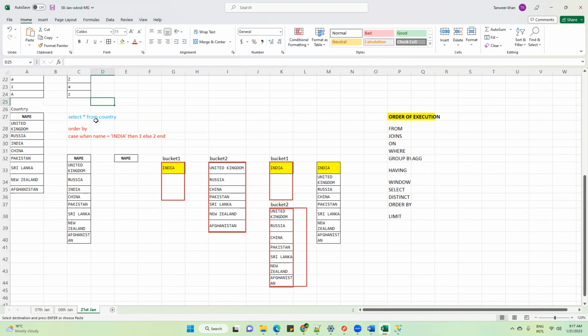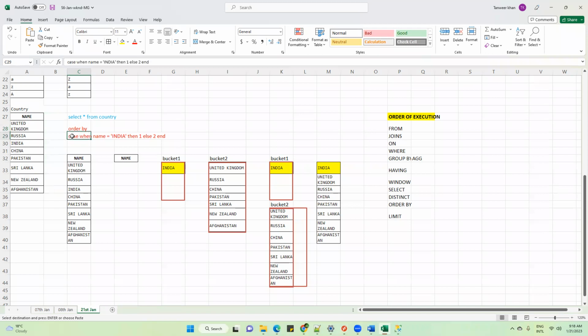So first of all, FROM country will be executed. The engine will take a copy of it and paste it in temporary memory. After that, SELECT will be executed. It means you want distinct countries, but you want to sort them. For sorting, you have written ORDER BY. ORDER BY is a reserved keyword, by which the engine knows it has to sort the result. But here in ORDER BY, you have not given any column name on which basis you want to sort.